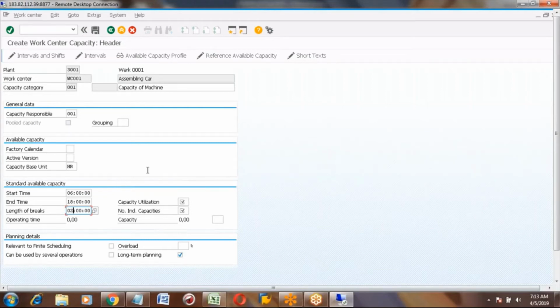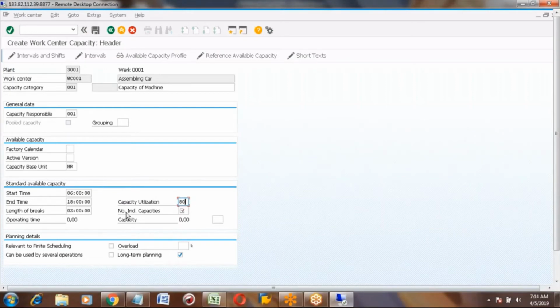Okay. So the next field is capacity utilization. Capacity utilization means, for example, in your case, the planned time is 6 to 6 o'clock. If you are maintaining 6 to 6 o'clock, that is 100% capacity. But out of those 10 hours, you want to work only 8 hours. Then that is a utilization of 80%. You are utilizing only 80%. This field also you can change.